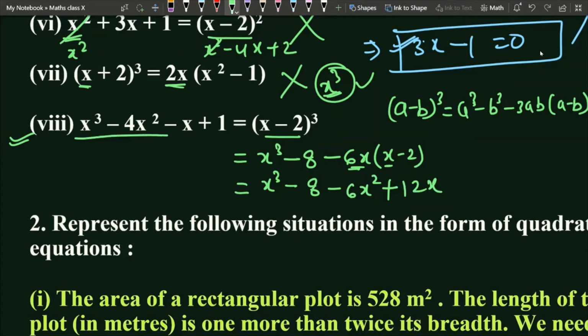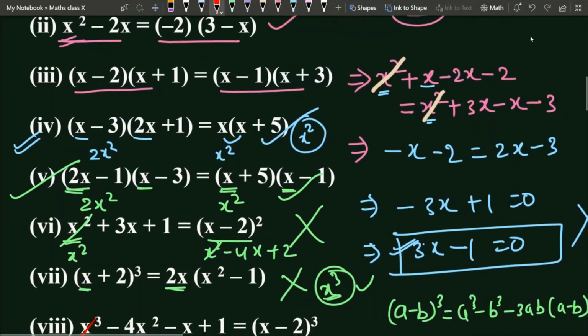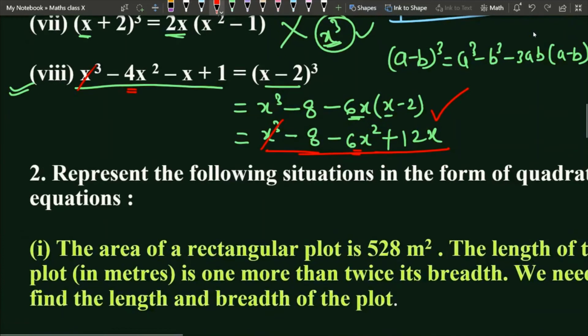So you see, this is the left side expression, and let me take another color. This is the right side expression. x cube cancelled out. You will get, this is minus 4x square, this is minus 6x square. I'm not solving the equations, because we just have to predict whether the equations are quadratic or not. So here I have minus 6x square in the right hand side and minus 4x square in the left hand side. That means this is a quadratic equation, right? So this was all about the first question, prediction of quadratic equations.